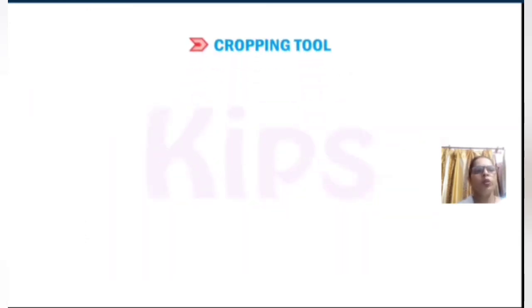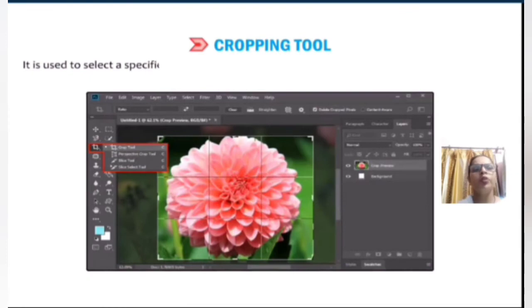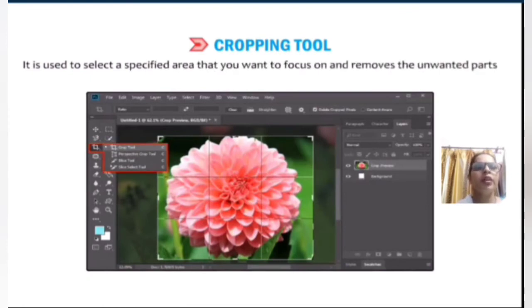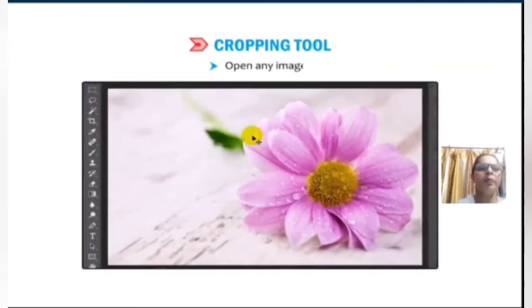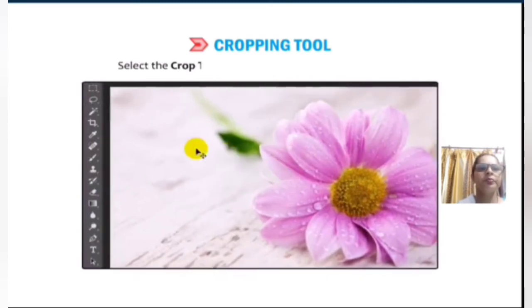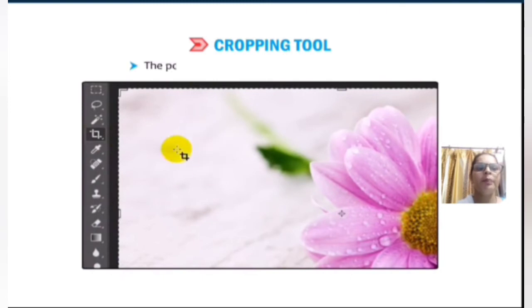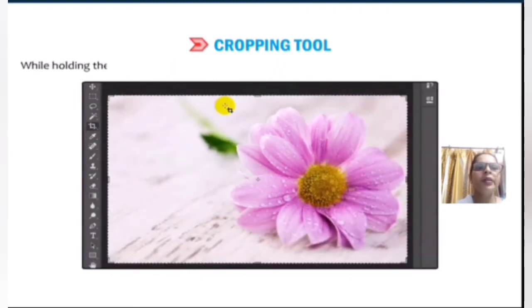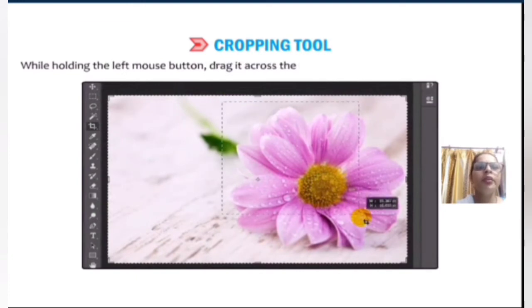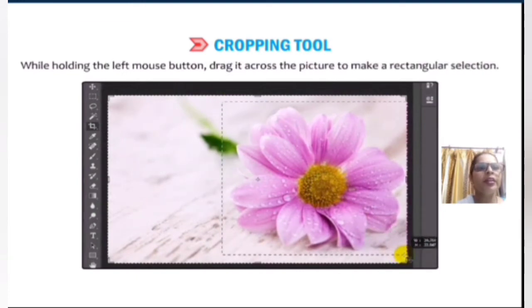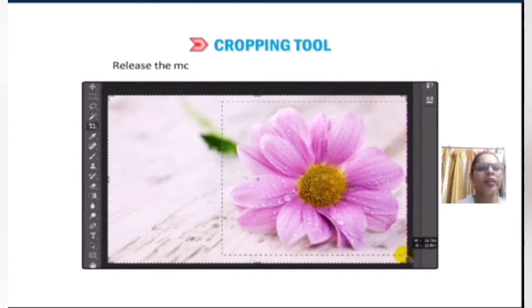Cropping tool. Cropping tool means if you want to crop any area of an image, it is used to select the specified area that you want to focus on and remove the unwanted part or everything outside the selected part. Open any image. Select the crop tool from the tool panel and press C. The pointer changes to a cropping symbol. While holding the left mouse button, drag it across the picture to make a rectangle.